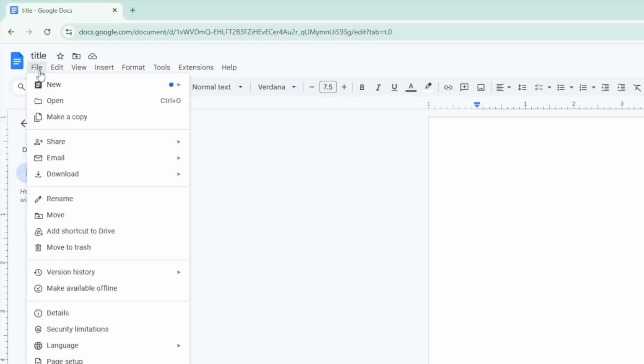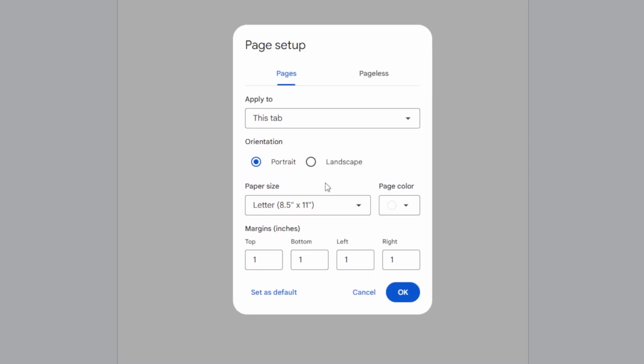In Google Docs, this is found in Page Setup under the File menu, but it's much simpler in scope, only letting you change the orientation, paper size, and margins. This is because many of the options that Word would put in Layout are instead found in other places, like the Format menu when you use Docs.